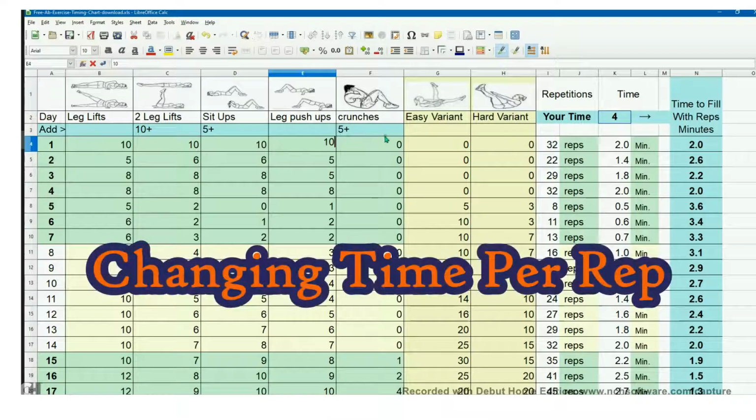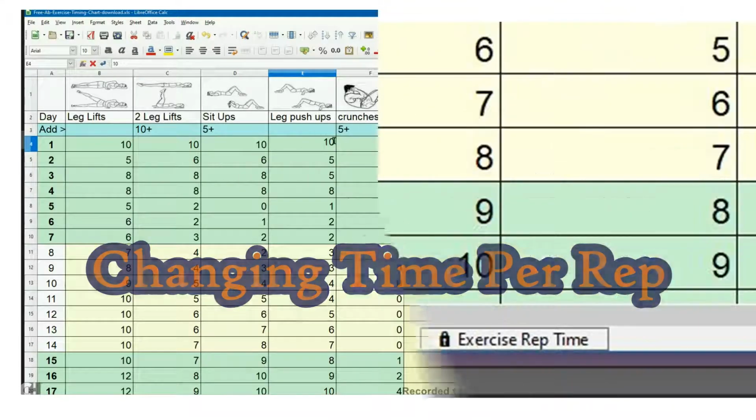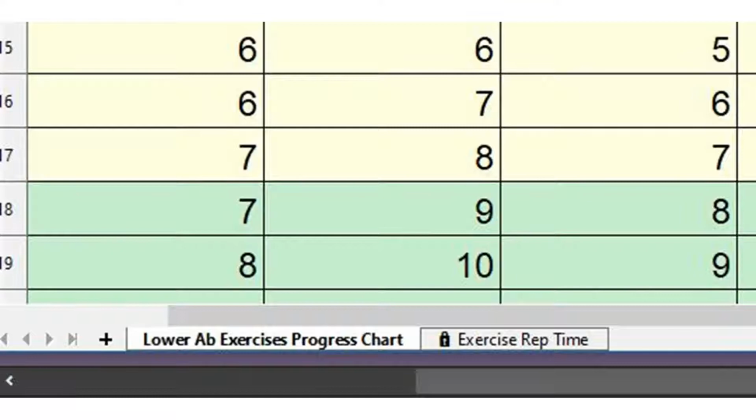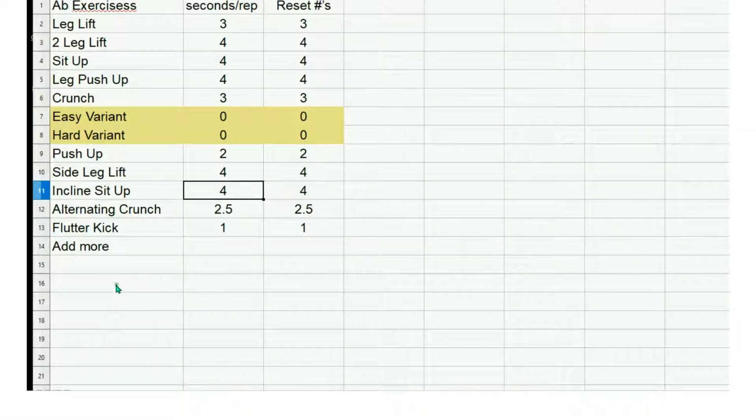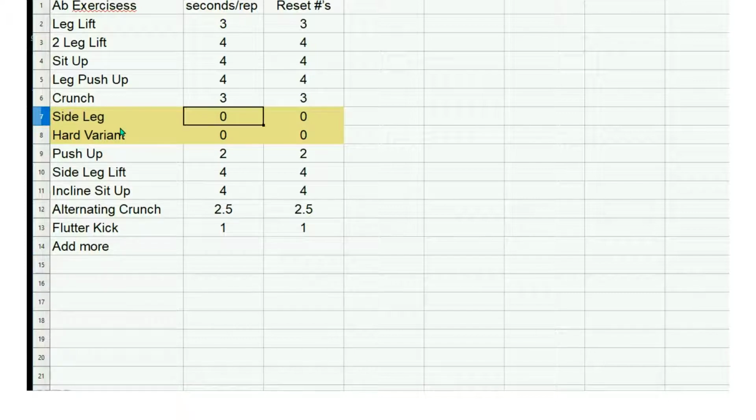Changing the rep times for individual exercises. At the bottom of the spreadsheet are two tabs. One for the lower ab exercises progress chart, another one where you can set a custom exercise rep time. Simply type in the duration per rep of any exercise you want to change. However, if you make the time so short that you rush through the exercise, you don't get the full burn